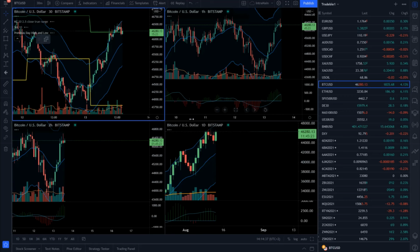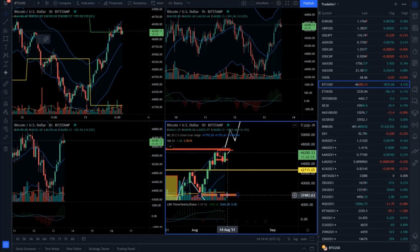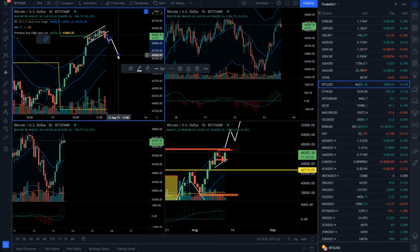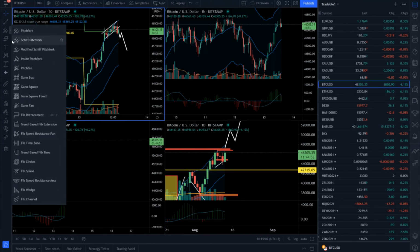For the very end of this analysis, I will just cover Bitcoin. Bitcoin is also in a light volume environment, as you can see here, and just having this consolidation. The breakout that happened yesterday didn't provide any volume increase, so that's the reason why we got a rally here. But if you check here on the 30-minute, there were definitely signs of exhaustion. We're sitting on the upper Keltner for about 5-6 hours, which right now we are breaking. This can result in some sell-off, and definitely some rotation back to the recent swing high at least, which is